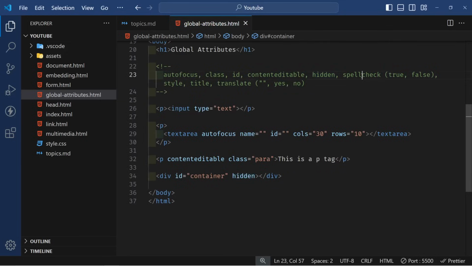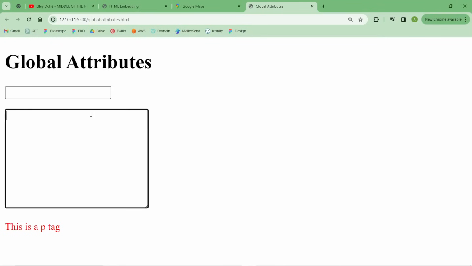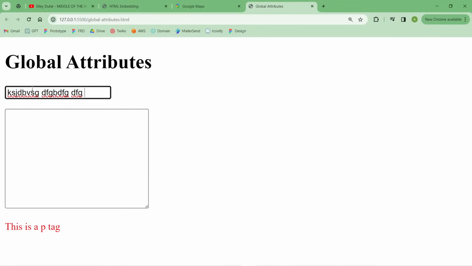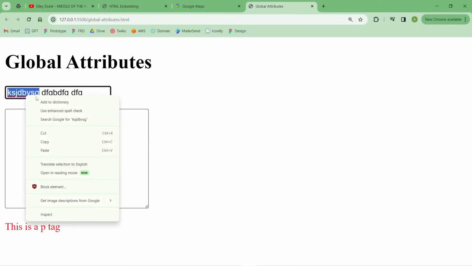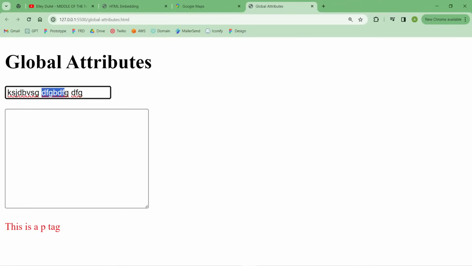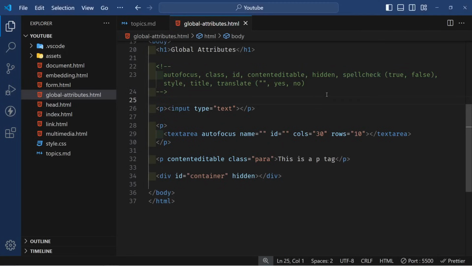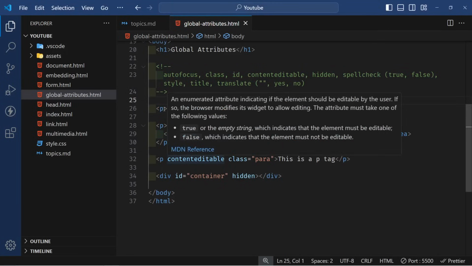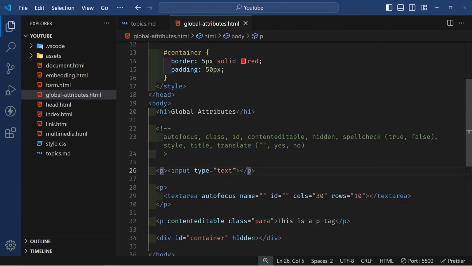Now spell check is used to set spelling check. Mostly it is used for input. So let's say if I write random words, you can see we are getting grammatical errors here or the spelling mistake errors and the red lines. So for that we can disable the spell check. If on the same input I write